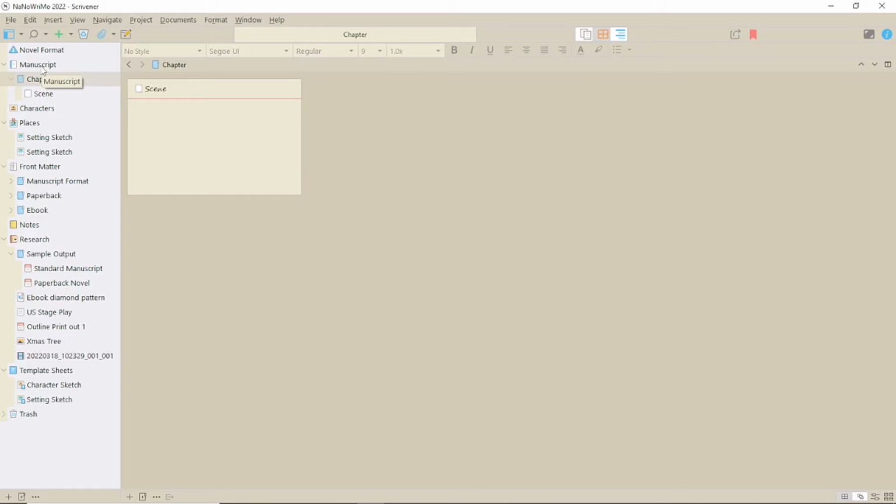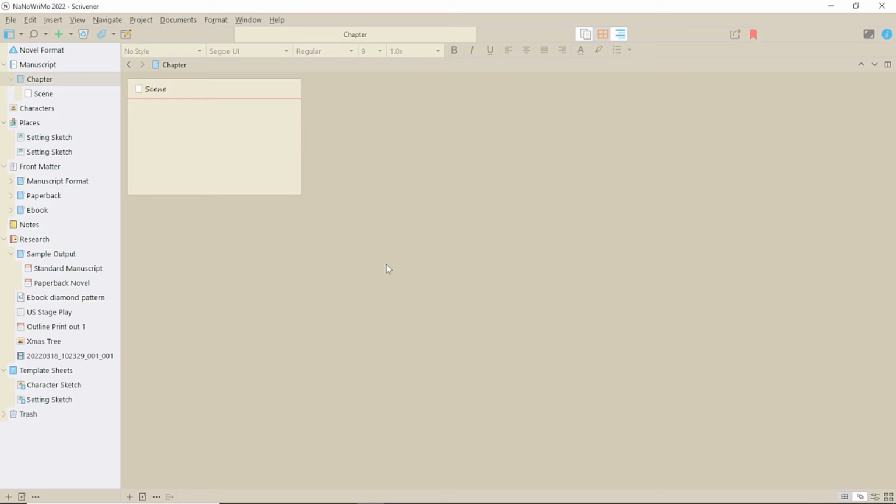Most of the time you'll only see the cards for the contents of a folder, or any binder item that contains other items. So, at the manuscript level, you might see the chapter folders. At the chapter level, you'll see the scenes or sections. All index cards are named the same as the items in the binder.